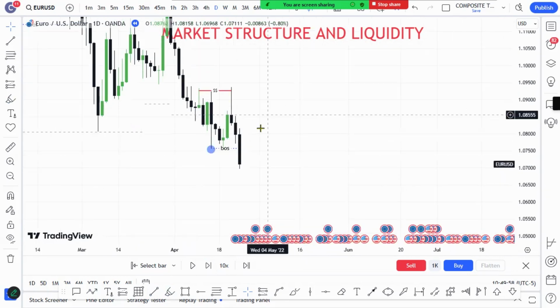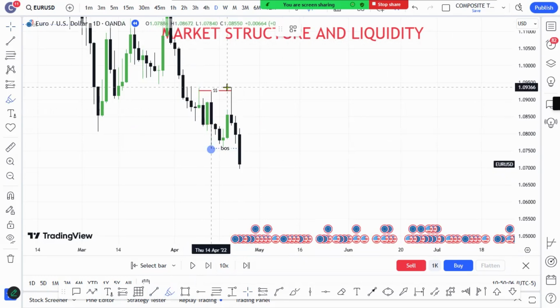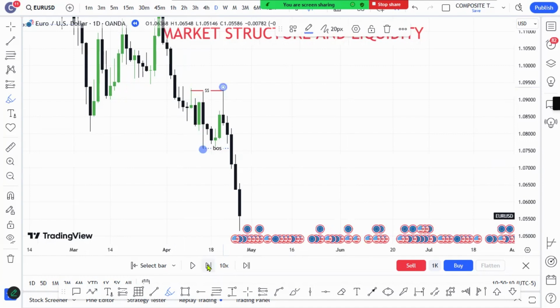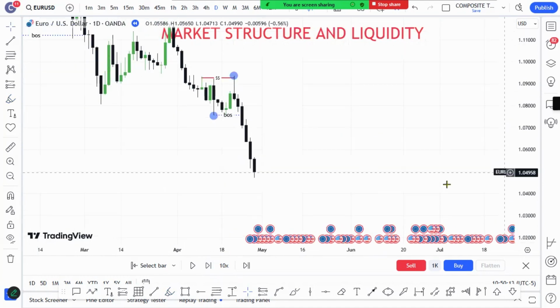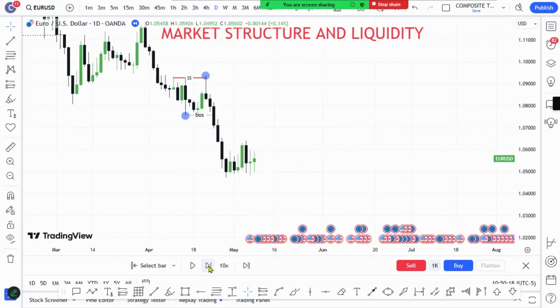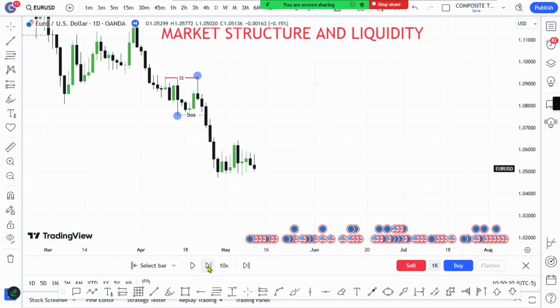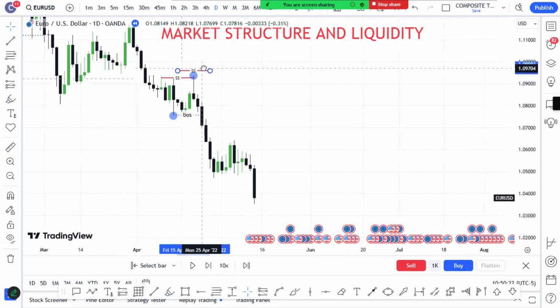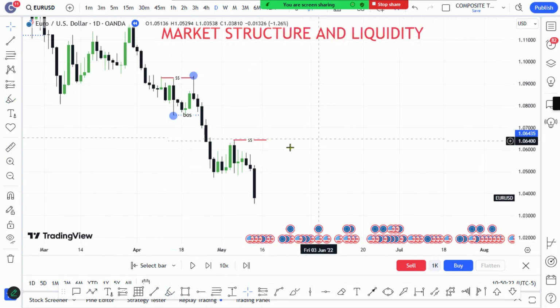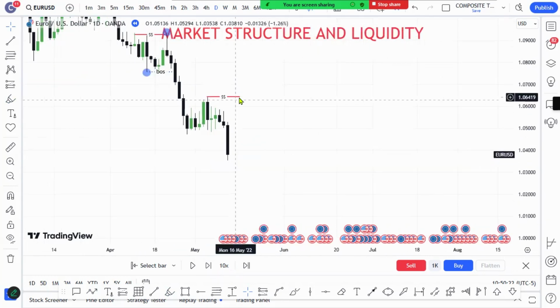So once we have that, we already have a break of structure, and we also have what we call our protected high. So we want to see the market creating a new inducement, a new form of liquidity, and we see it continues to push to the downside. And we want to see, do we get another pullback? Right, let's see. Price breaks that low. Now our new liquidity zone is here. If price takes out that particular high, then again, we look for another short position.